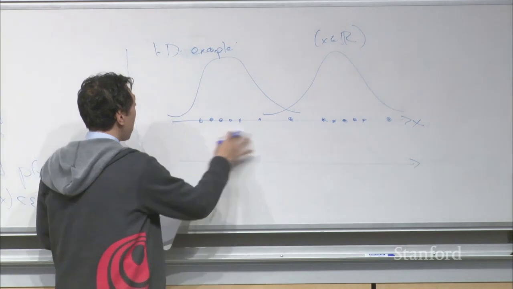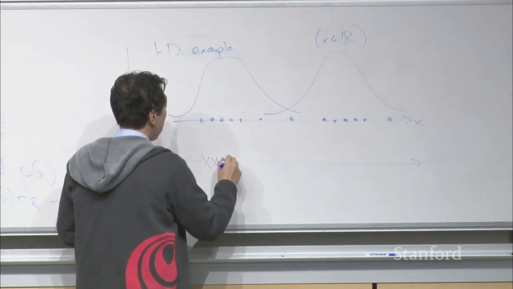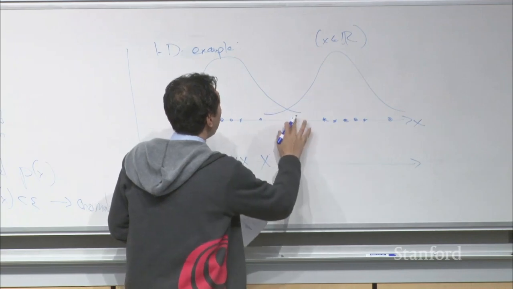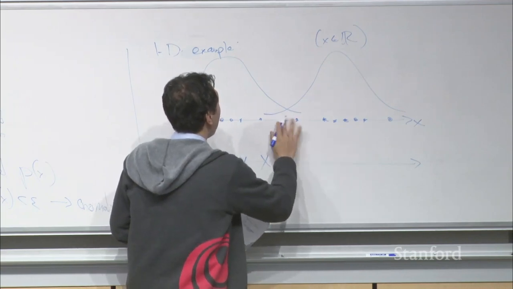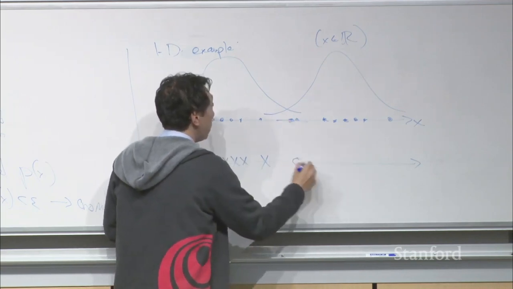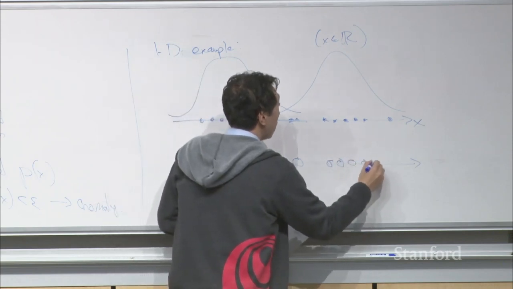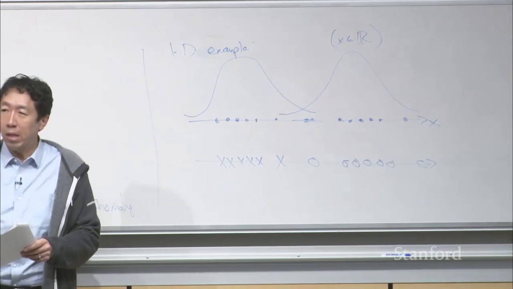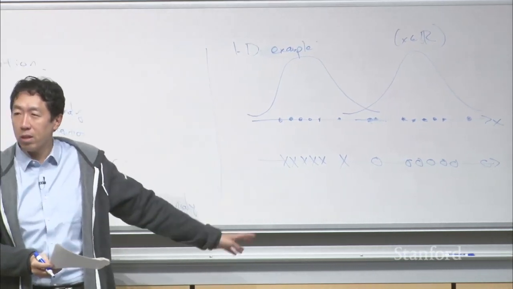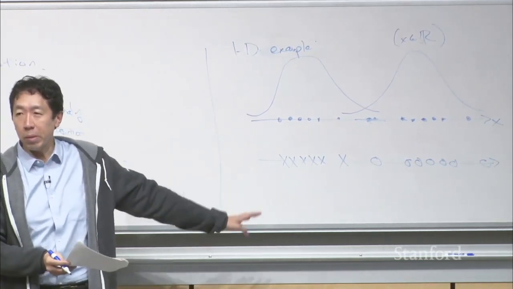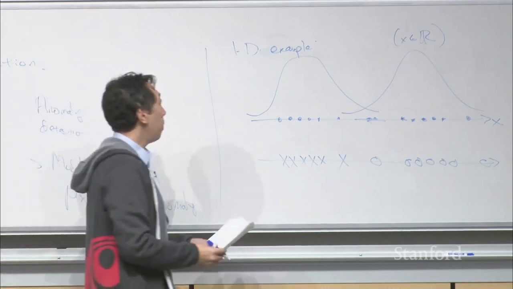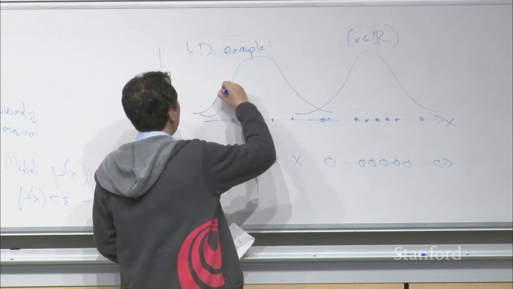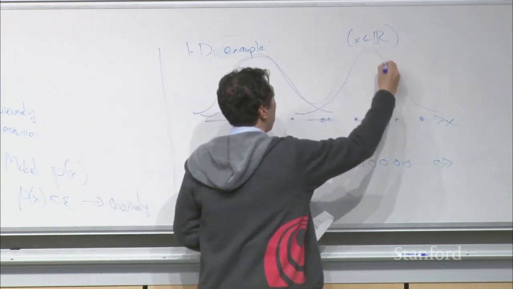If we knew that these examples had come from Gaussian 1, which we're going to denote with crosses, and if we knew that these examples had come from Gaussian 2, which I'm going to draw with O's, then we just fit Gaussian 1 to the crosses, fit Gaussian 2 to the O's, and then we'd be pretty much done, right? So these are the two Gaussians, and so the overall density would be something like this,